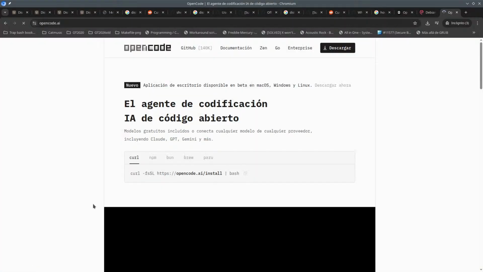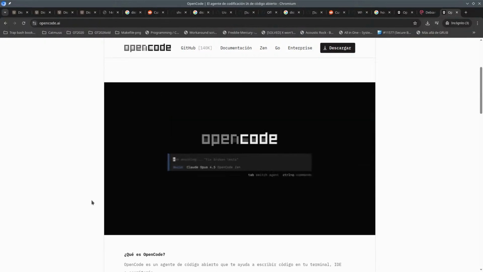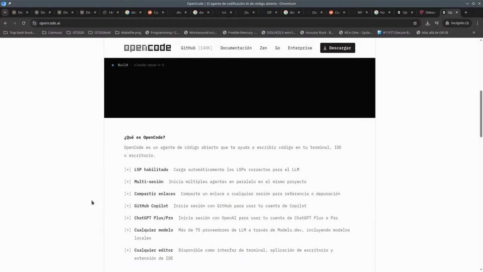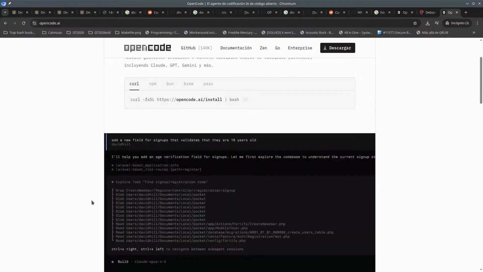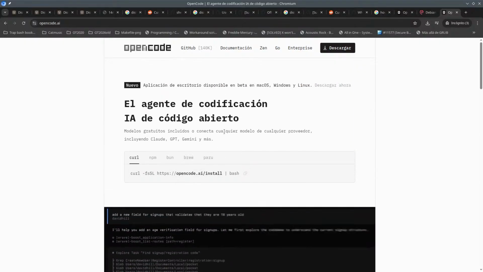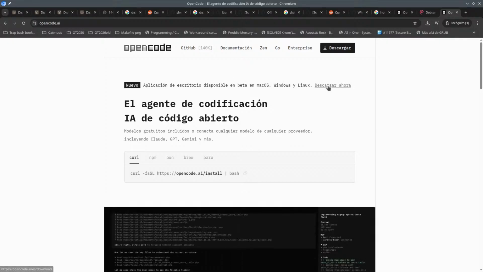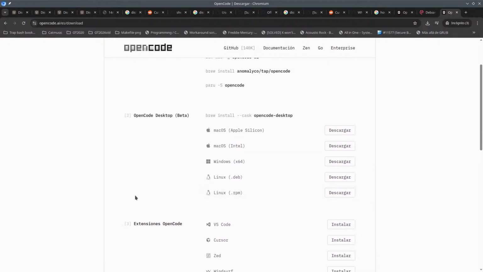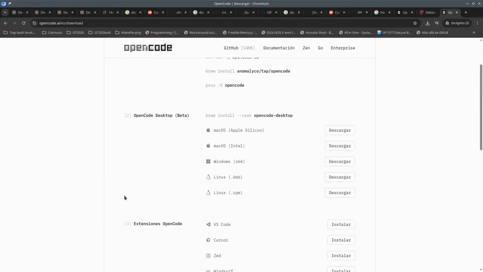OpenCode doesn't say which version is the latest one. I mean, you're supposed to be running this thing faithfully, and that's it. And then there's the OpenCode desktop, which we are beta testing, and that's